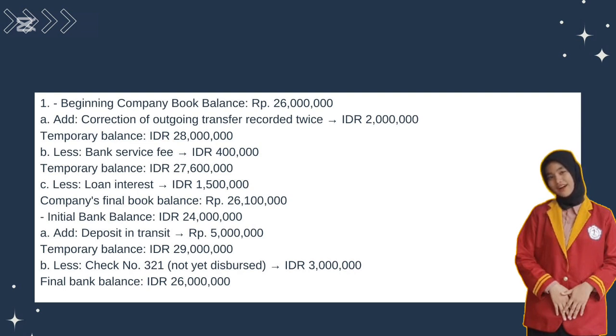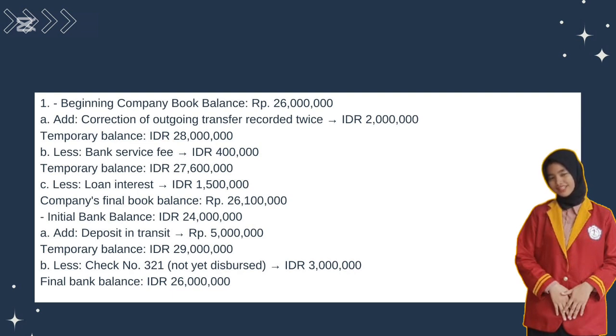Conclusion. 1. The final cash balance according to the company's books is $26,100,000, while the final balance on the bank statement is $26,000. 2. The difference of $100,000 may come from a small transaction that has not been recorded by either party or due to an administrative error. 3. Bank reconciliation helps companies ensure consistency and accuracy between internal and external records, as well as detect potential errors